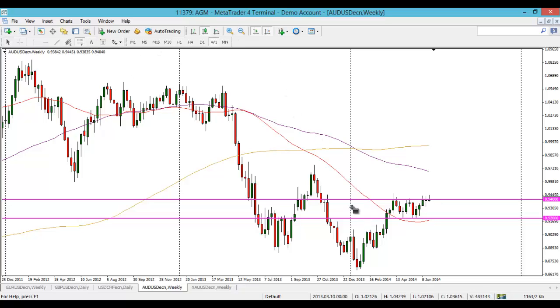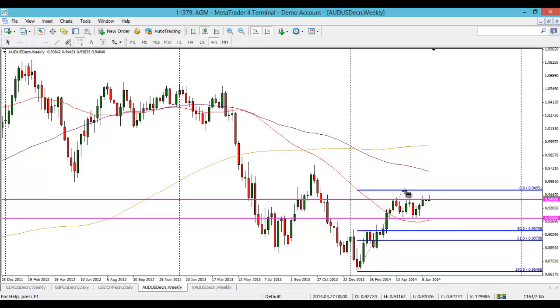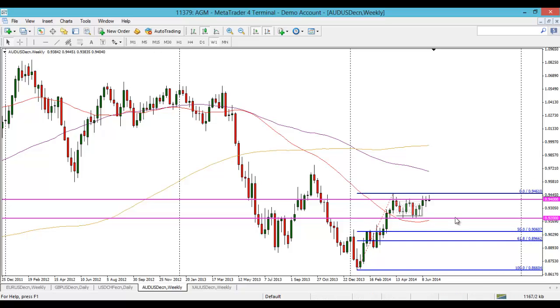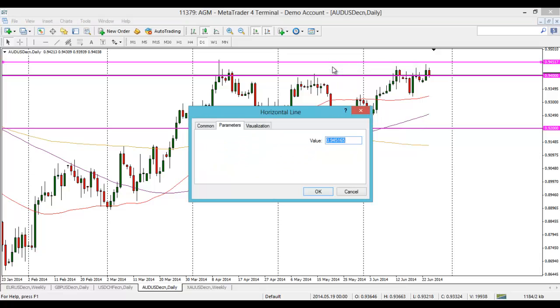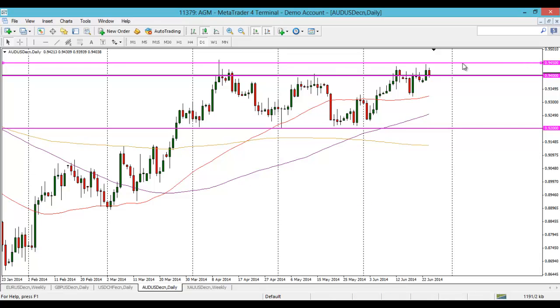In terms of fibs on this weekly, it's still this one to keep an eye out for. If we do get a heavy retracement over the next couple of weeks, then this is the 50% that comes at 0.9060. But in terms of this week, it's still about these two. I'm just going to flip it down towards the daily now. You can see we have had a couple of closes above, which has been interesting, but I suppose the other level to keep an eye out for, to perhaps include if you're looking at the shorter term time frames, is 0.9050s.